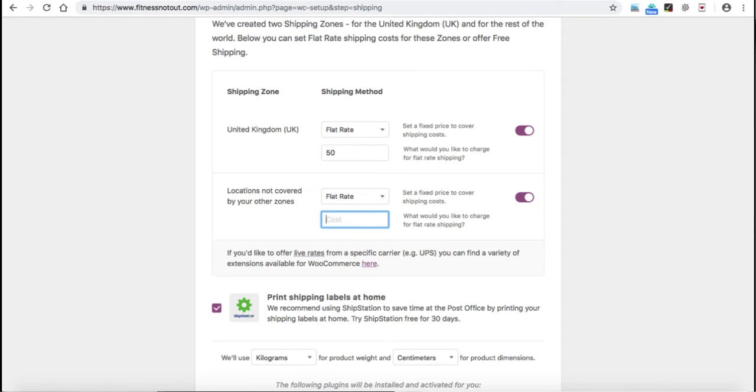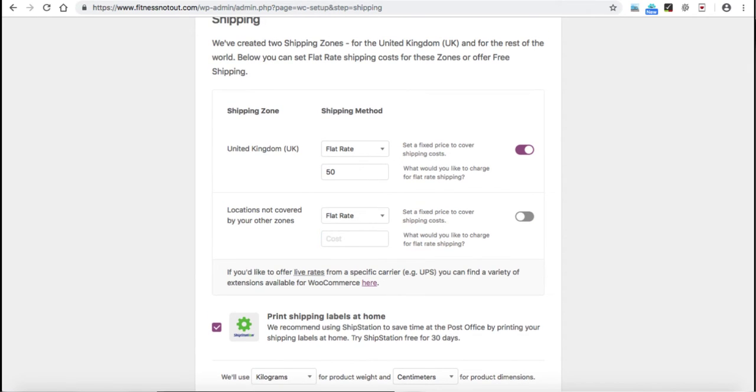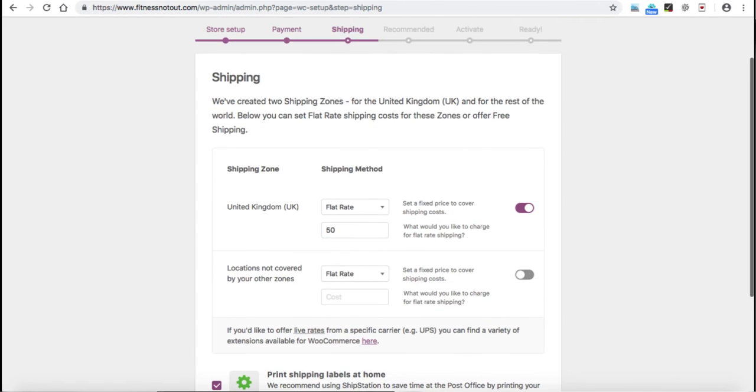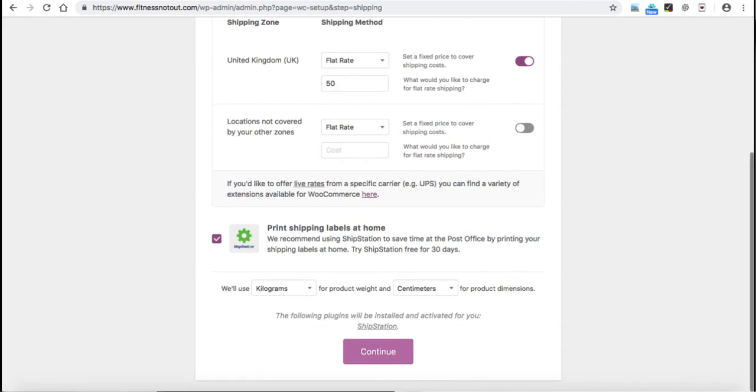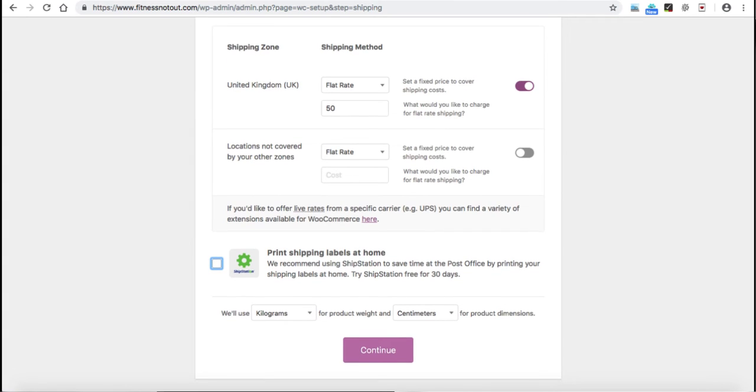It means if someone makes an order from a location where you are not selling products, in that case, what shipping charges you will ask from the customer. You can put it over here. In case you do not want to set it up, just uncheck it. Remember, all these settings can be changed later on, so it is not a one-time installation or setup wizard. You can change all these things afterwards. I will explain from where you can do all these things. Just uncheck this extra button